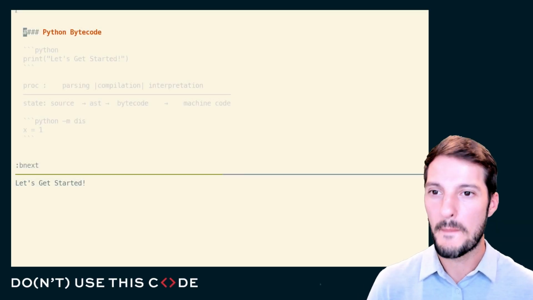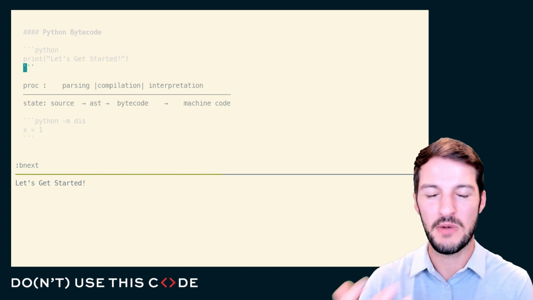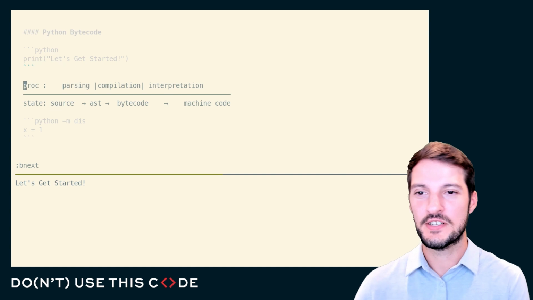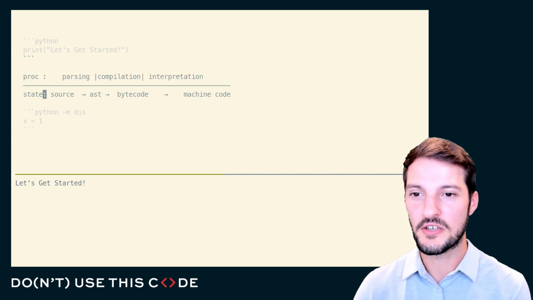We'll be discussing Python bytecode. What is it? How can we use it? And why do I even care? What's very interesting about Python bytecode is that when we look at these states of Python code, when we start